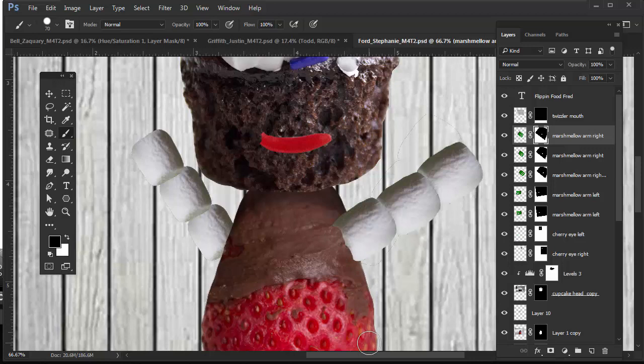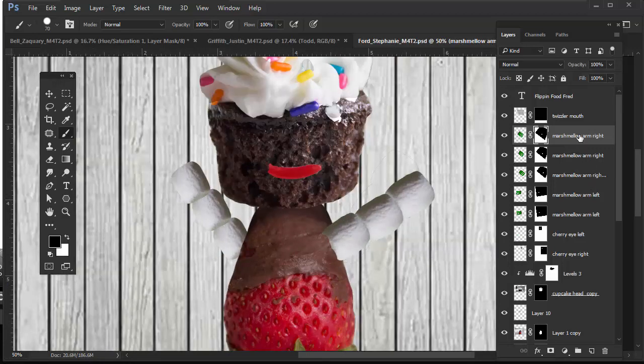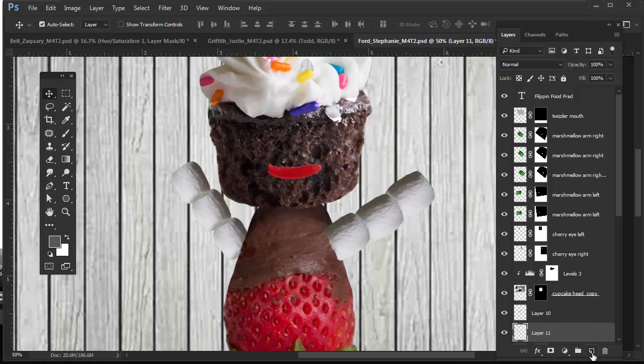And then you're going to have to create a shadow under here the same way we did this. So that means going back to the strawberry layer, creating another new layer, going to that layer mask and control clicking on that layer, for the marshmallow arm, right. All right, control clicking, and then on the new layer, you want to paint with black, but what you need to do is